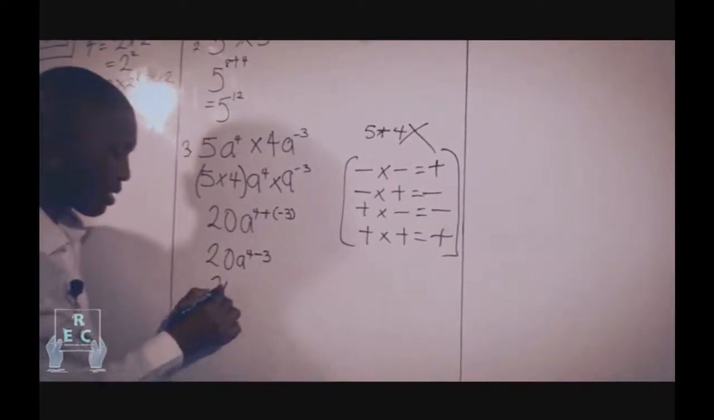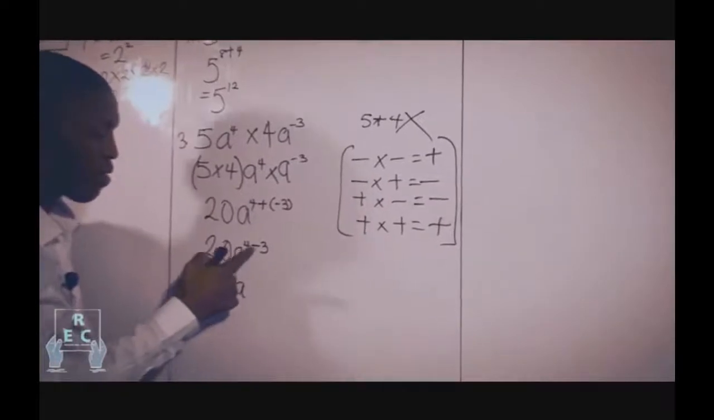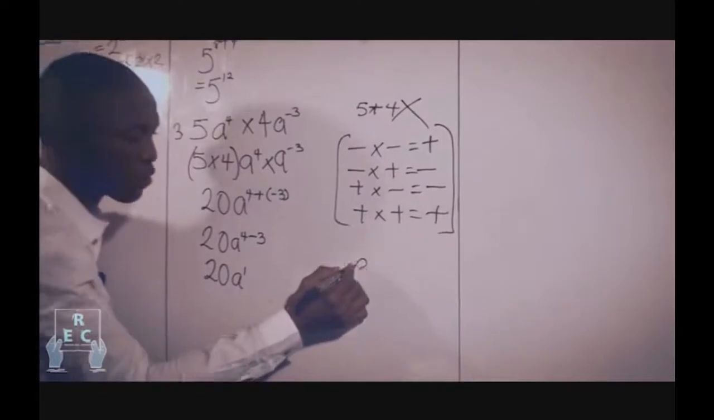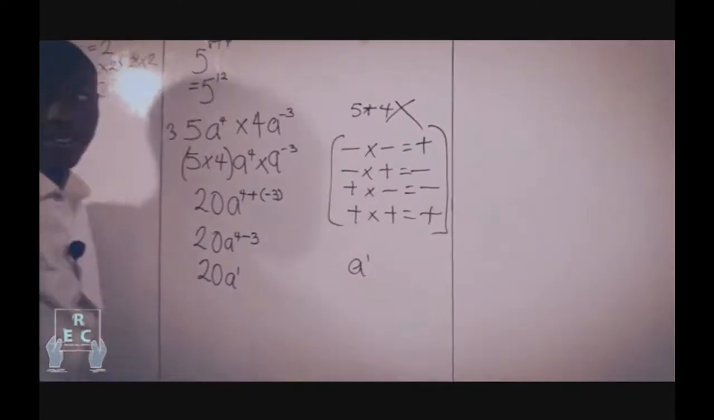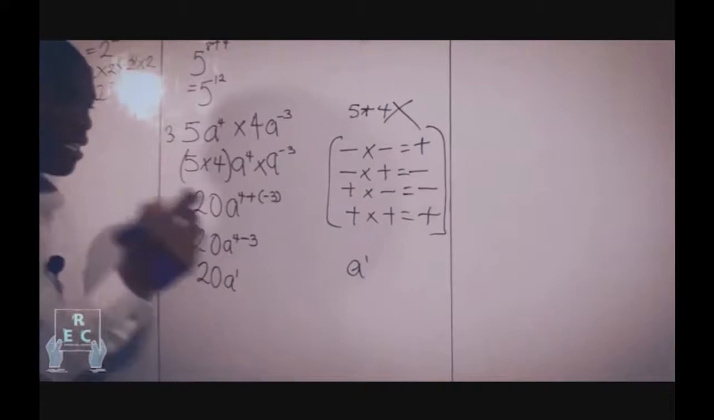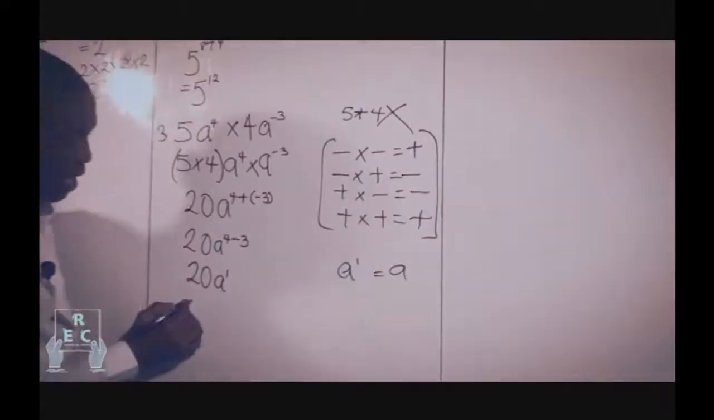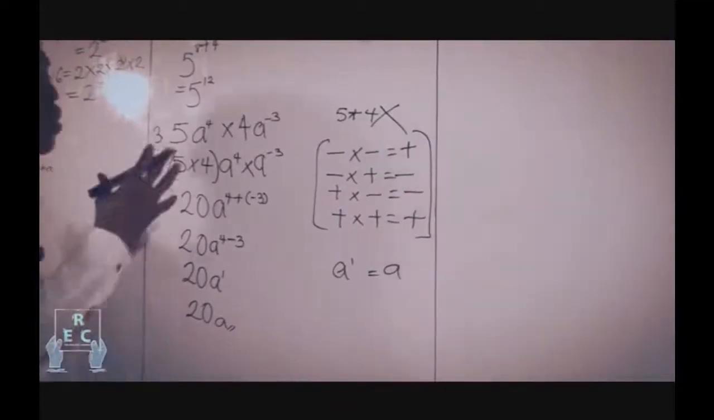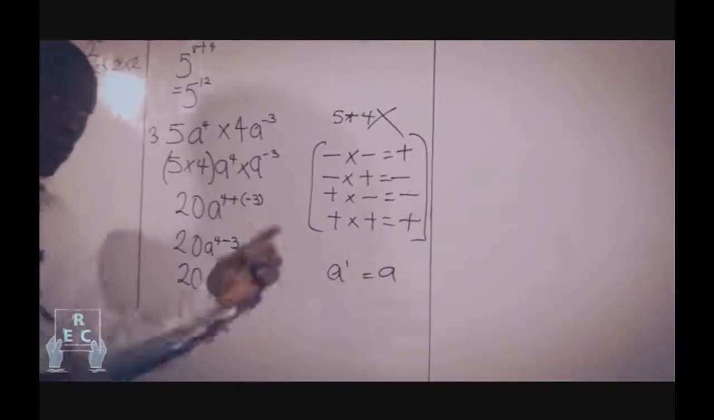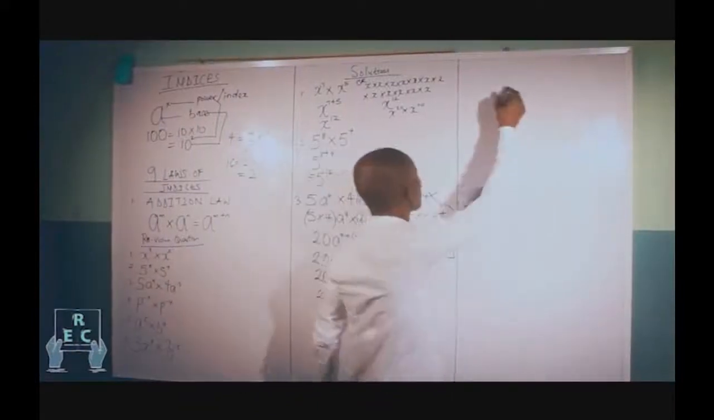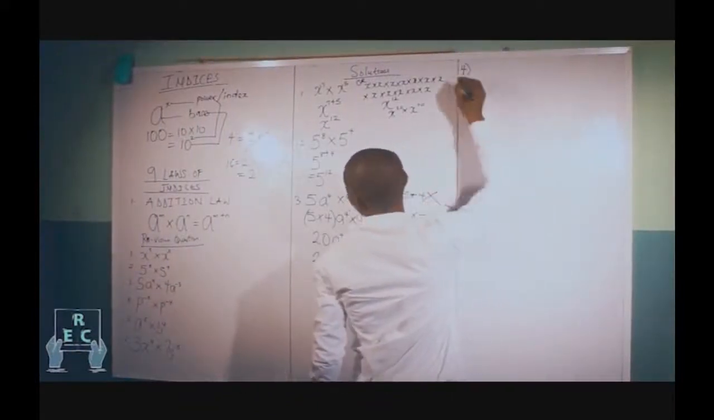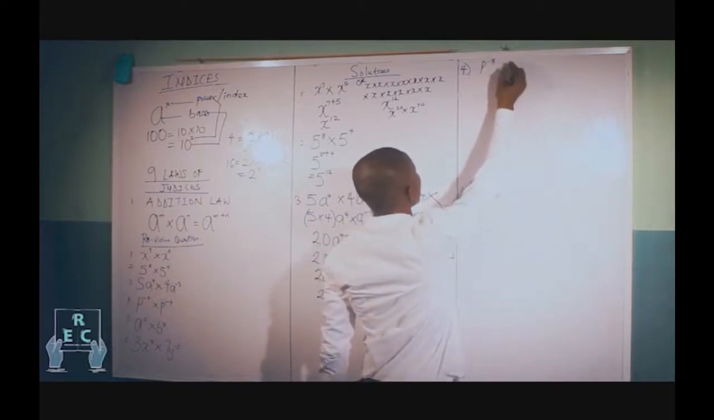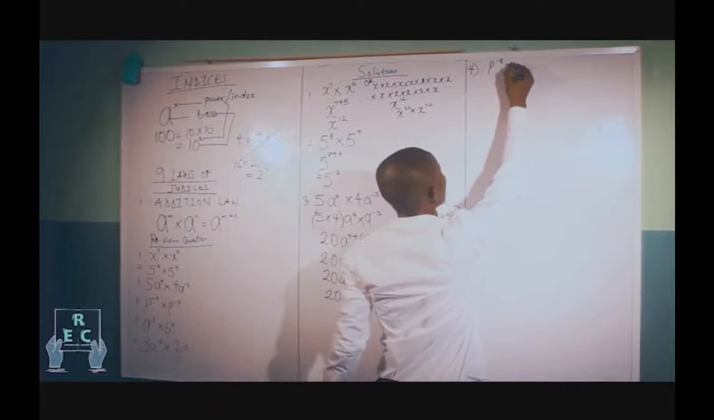Then you say 20a, 4 minus 3 is 1. In mathematics also, when you have a raised to the power of 1, it means a in one place, and that's a. So here you have 20a. Now these are simple ways of solving such situations. Remember this. So the fourth question, our solution here: p raised to the power of minus 8 multiplied by p